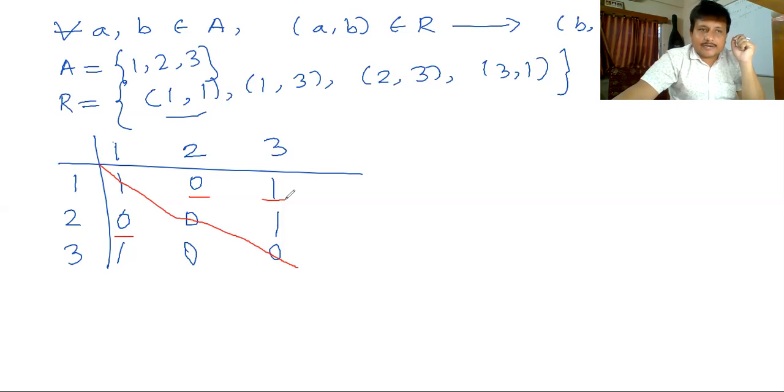(1, 3) is unity, so its mirror image at the (3, 1) position is unity. (2, 3) gives you 1. But what about the mirror image of (2, 3)? It is (3, 2). You check that no, it is not 1, but it is 0. So this principal diagonal cannot work like a mirror in this case. That means the matrix cannot be a symmetric matrix. If the matrix is not symmetric, the relation cannot be a symmetric relation. Okay. Next, we shall learn what a